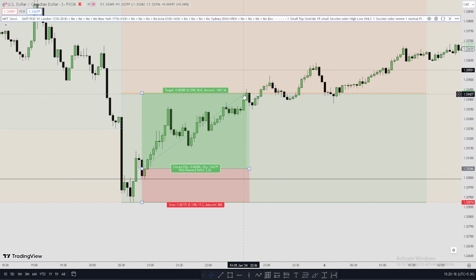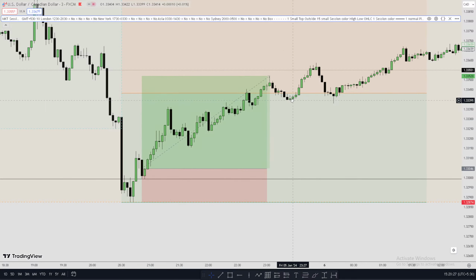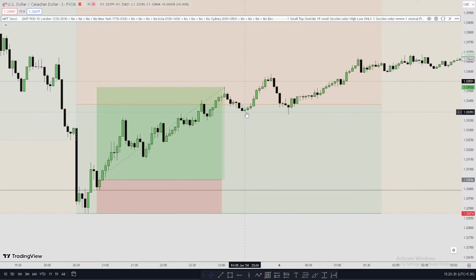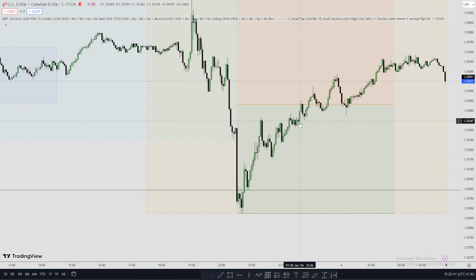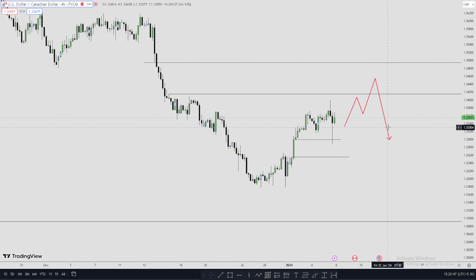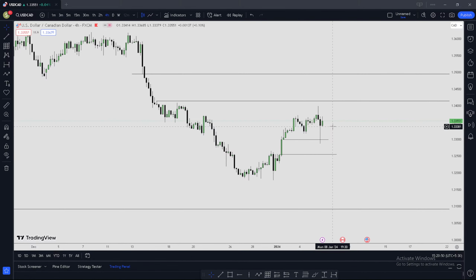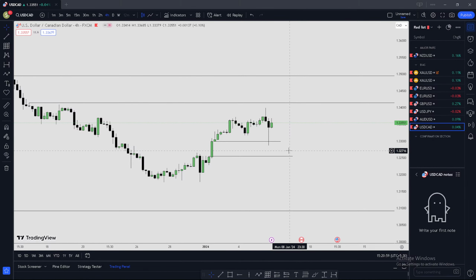I should have just started to trail: high, low, high, low, again a high, stop loss here, low, again a high, low, stop loss here, and a high. At this point of time I should have booked my profit, because at this point it's in its order block. Now most probably I'll be approaching this fair value gap, which I already did, and this way as well.